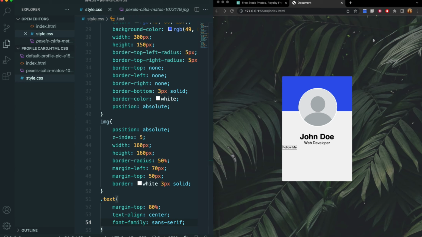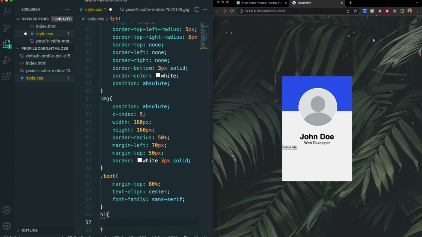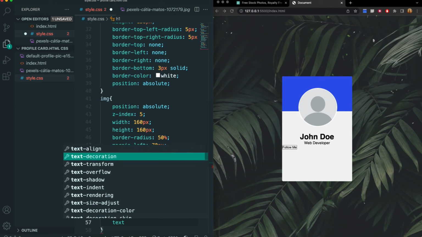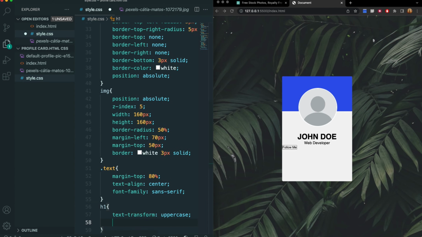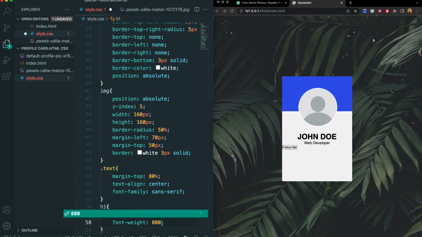Now for our H1 specifically, we're going to do H1. We want all our text to be uppercase for that, so we'll do text transform, and we'll set that to uppercase. And let's set a font weight to make it a bit more bold. I'm going to make it 800 so it can be as bold as possible.